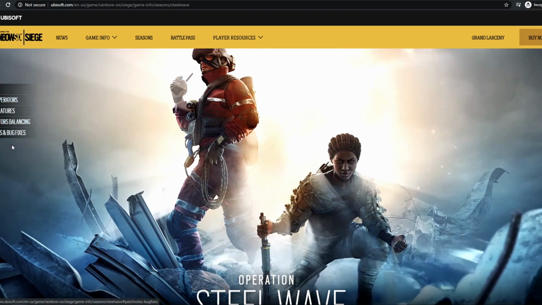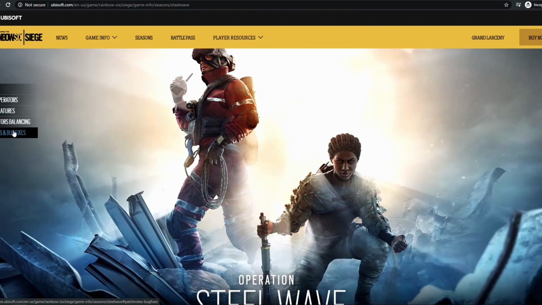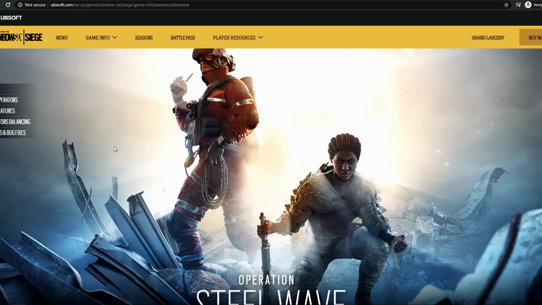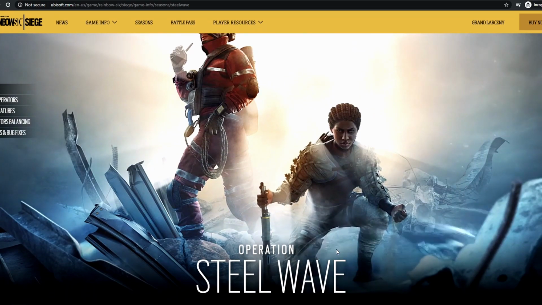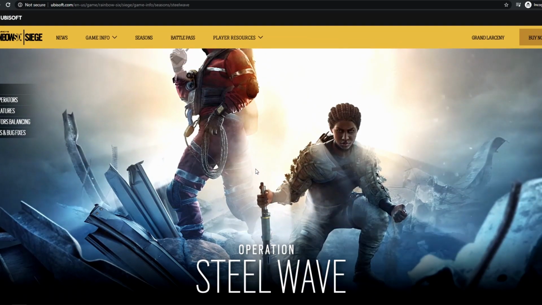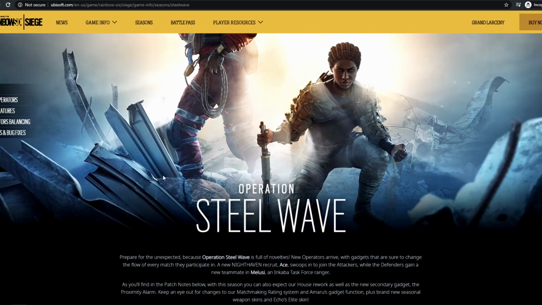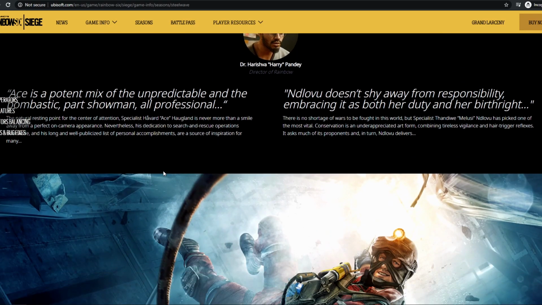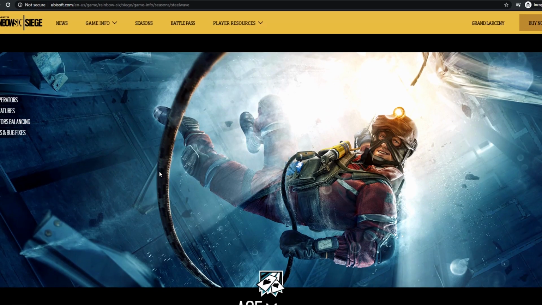But first, I want to go over every single thing that is going to be fixed. And that is why I think this is going to shift the direction that Siege is going in. So hopefully we can get through this pretty quickly, but Operation Steel Wave, I'm going to go over everything on the designer notes first so we get to see what has changed, the gun balances, the new gadget, which is pretty cool. But first it starts with the new attacker and new defender,